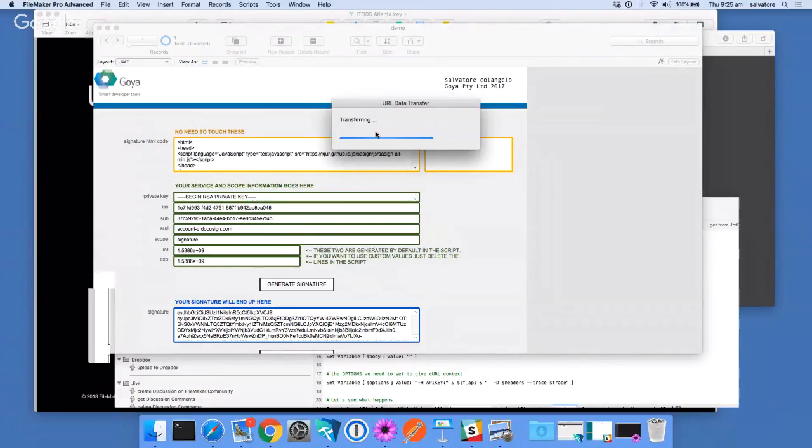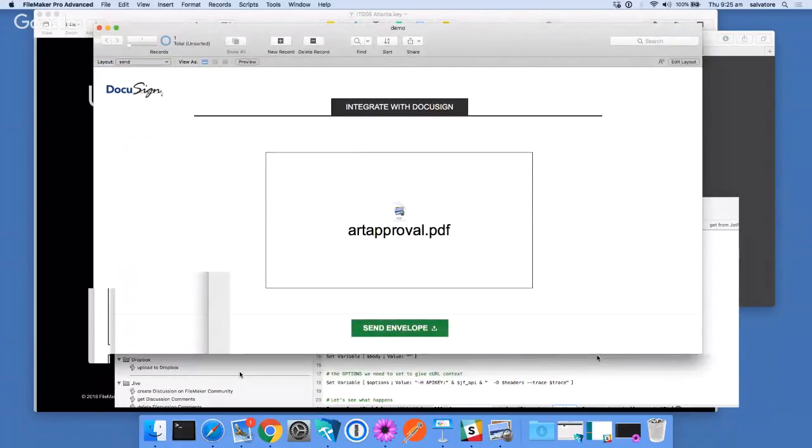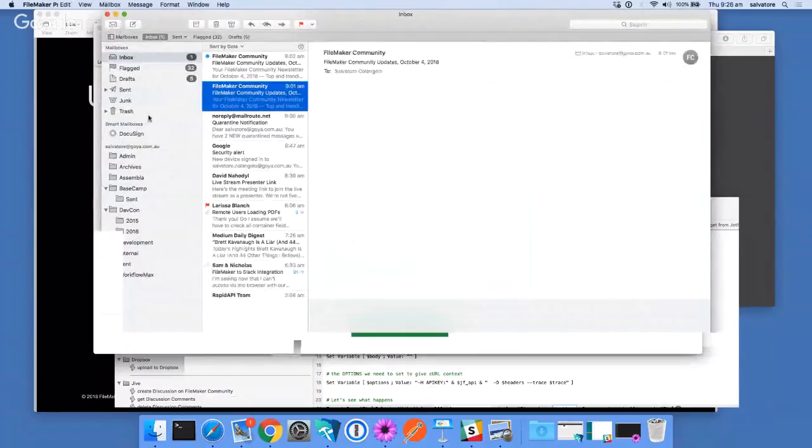If you can see a very ugly screen right now, that is because in order to use the DocuSign API, we have to use an authentication that is a lot more complex than the simple API key that we had in the previous form. And to put together that API key,